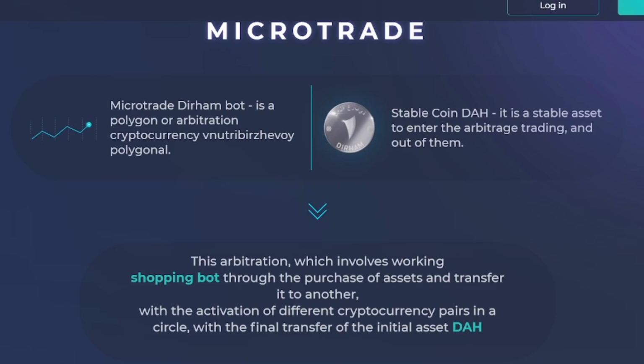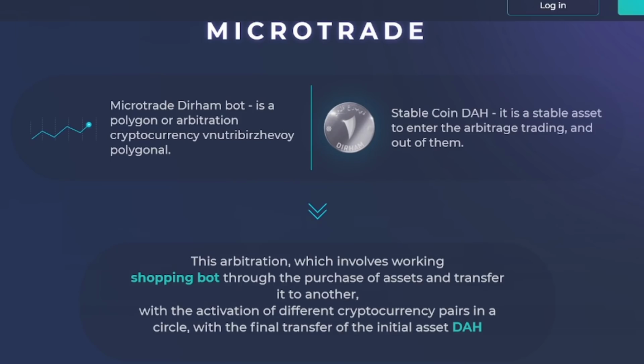Therefore, polygonal arbitrage software must be fast enough to find such a difference and manage to carry out the necessary transactions. So the Dirham trading bot will allow you to perform up to 80,000 trading operations per day, and the bot always stays within the same crypto exchange and applies the same polygonal approach over and over